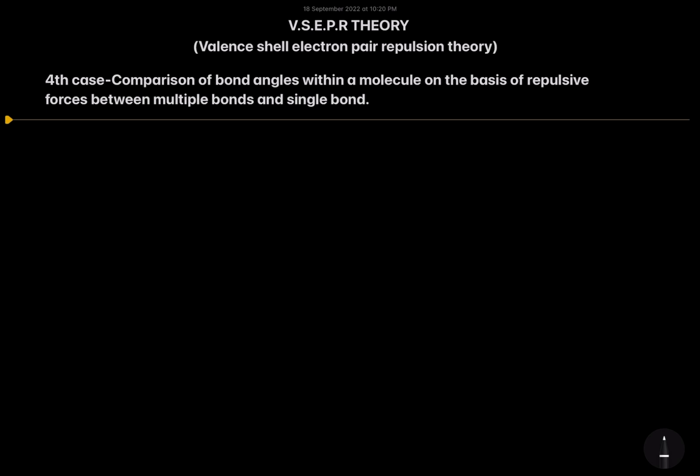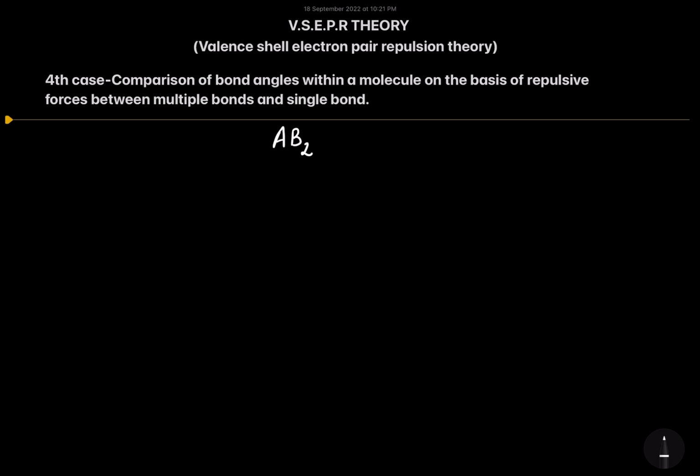My dear students, today we are going to study about the fourth case of VSEPR theory, that's valence shell electron pair repulsion theory. And in the fourth case, we will deal with the comparison of bond angles within a molecule on the basis of repulsive forces between the multiple bonds and the single bonds. For this concept, I am taking the example of the compound with the molecular formula of AB2,